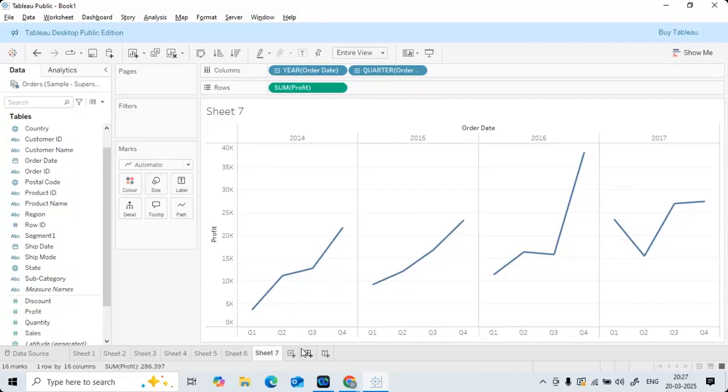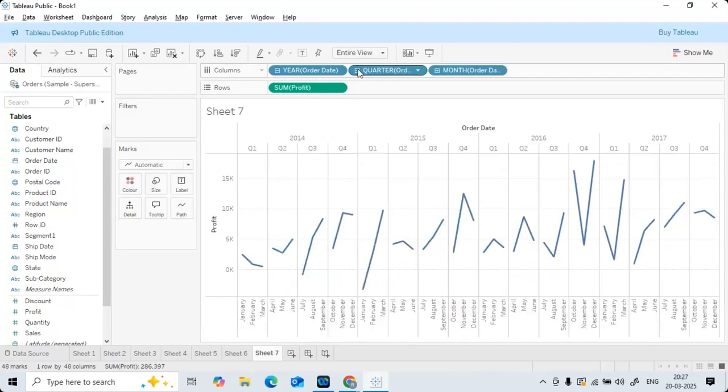If you want to understand something in more detail, year wise, quarter wise, month wise also, just click on plus one more time. See the distributions, how it's changing. This is one section, 2014, 2015, 2016, 2017.